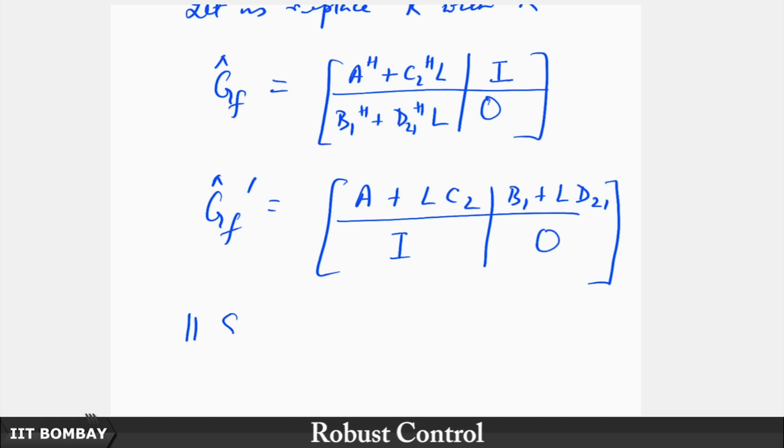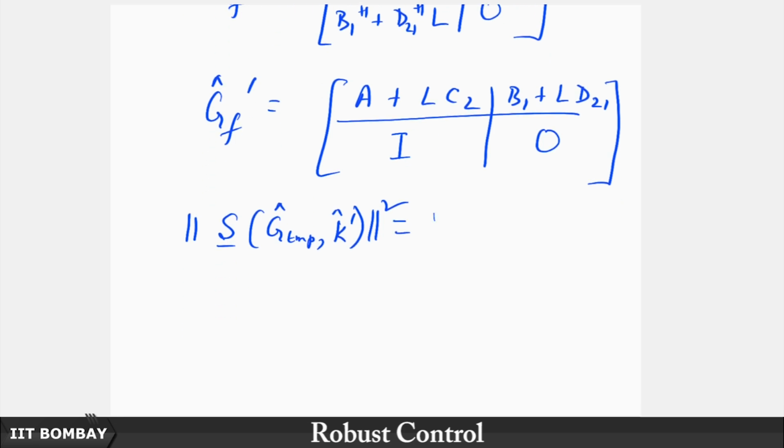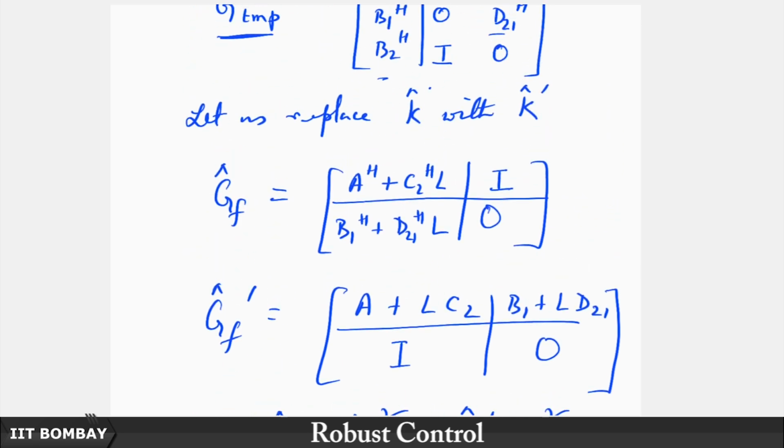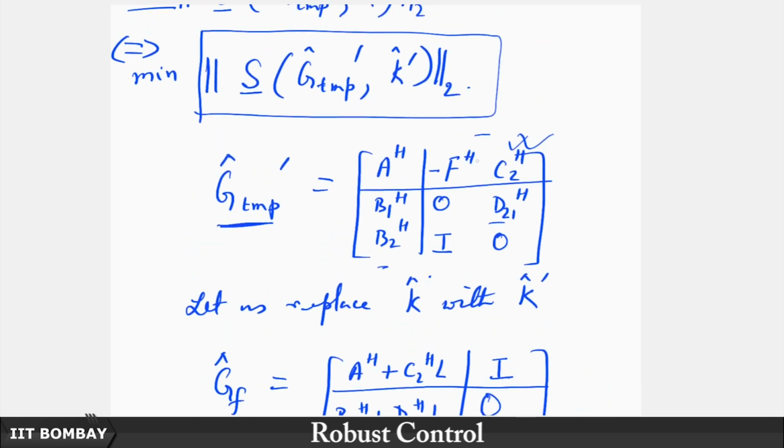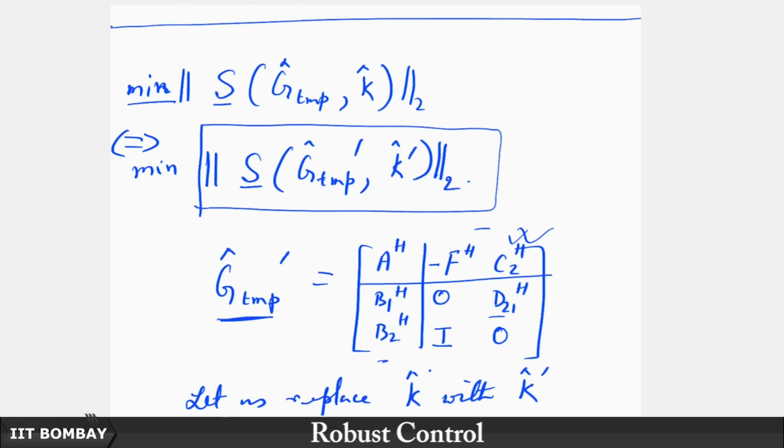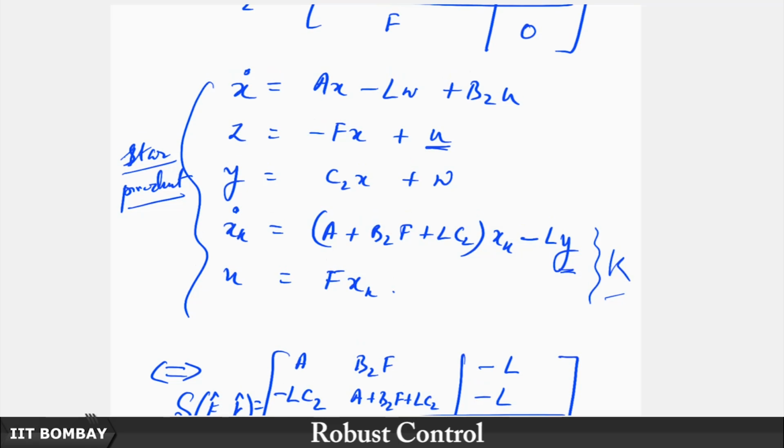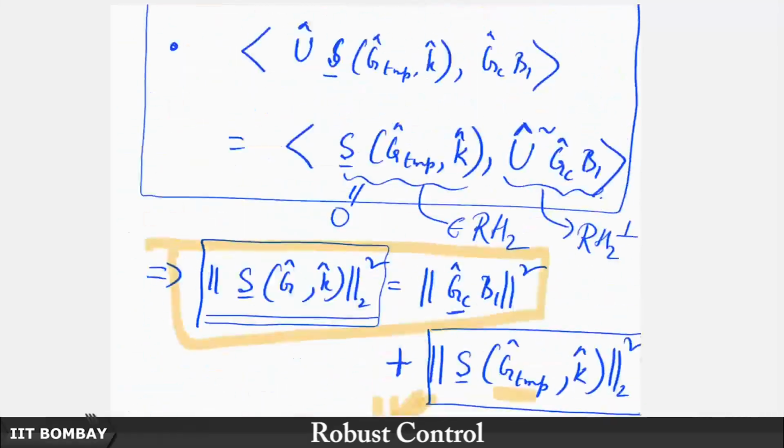Okay. So, now we are going to say that the norm of the star product of G hat TMP comma K hat prime squared is going to be equal to the norm of GF hat prime into F Hermitian squared. Why F Hermitian? Notice very carefully, F Hermitian is sitting in the position of B1, and in the original plant's equation, in the original theorem that is, which we had proved the other day,